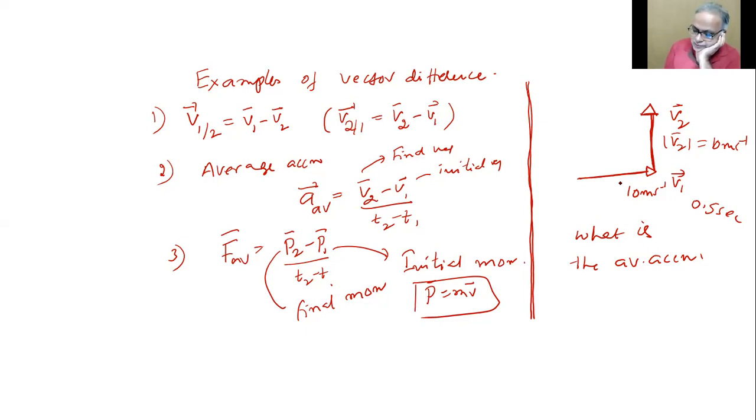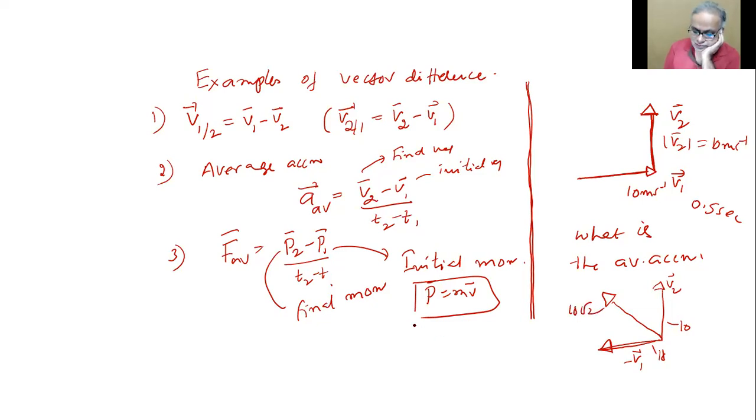So what shall we do? It is V2 bar minus V1 bar. If you do it geometrically, keep V2 as it is, don't change it, because I wanted V2 minus V1. So reverse V1. This is minus V1, whose magnitude is also 10 again. This is also 10. So now the sum will be this way. After reversing, if you find the sum, it will be like this. So how much is that? 10, 10, 90 degrees. 10 square plus 10 square under root, 10 root 2.